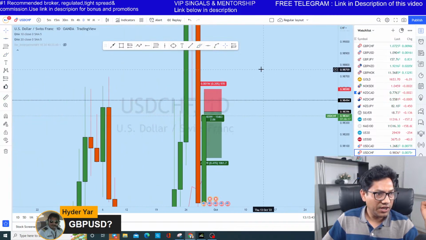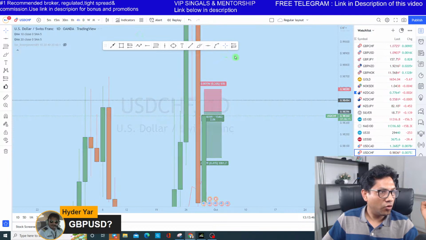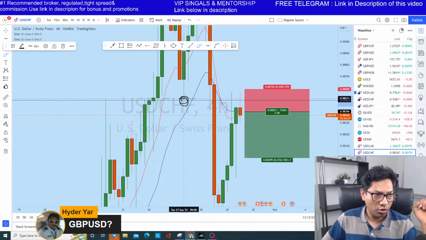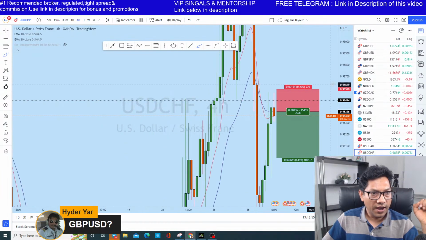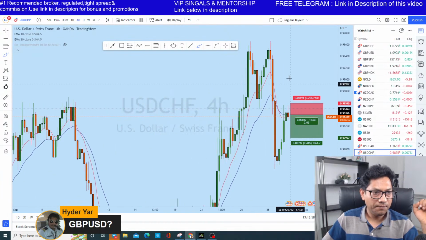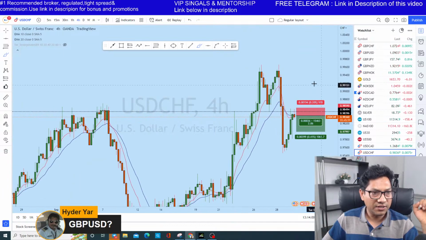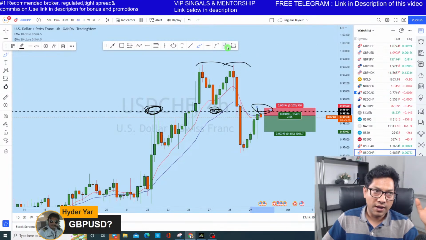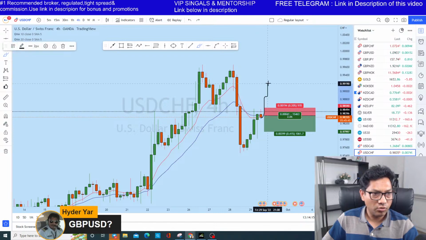a resistance here and moving forward to the 4-hour time frame, we see that this is the neckline of this head and shoulder, double top. This is the neckline of this double top, and basically the price has created a double top neckline. There is a left wing here, this is the right wing. Now I am telling you, it is not impossible to see that the price has another spike to the upside, even from this zone coming down.